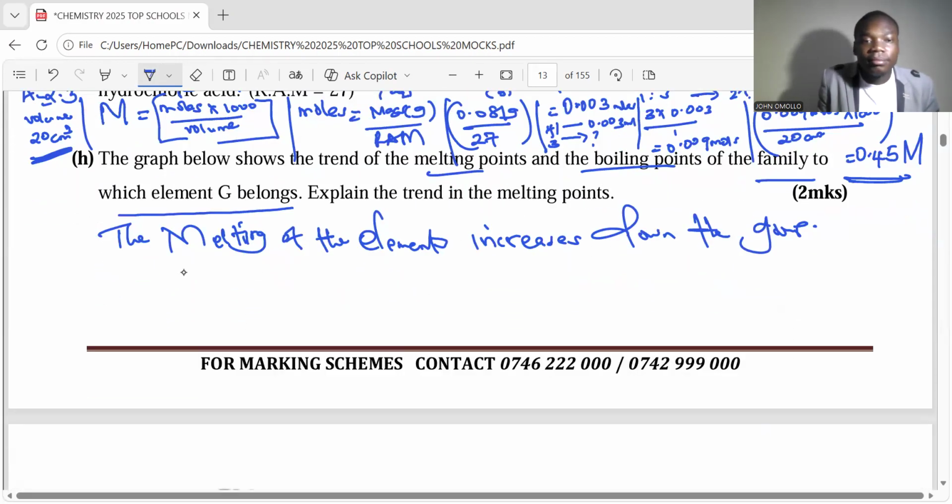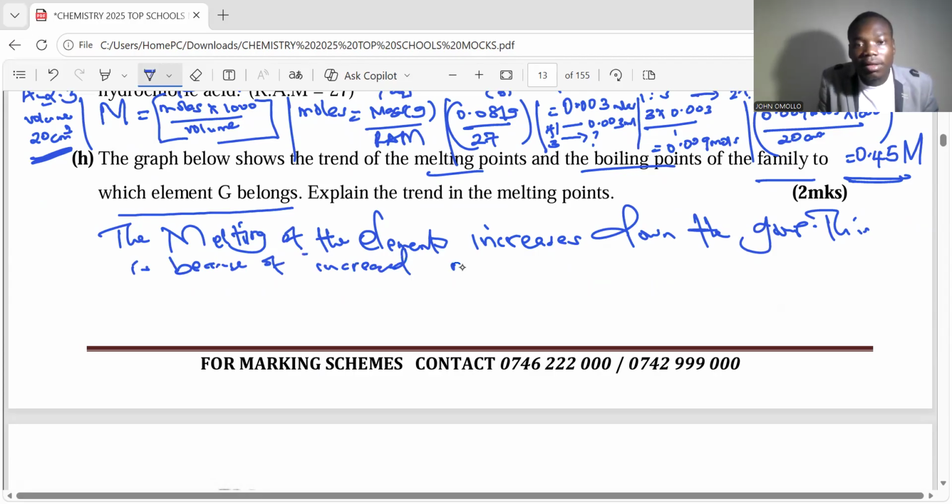So this is because of increased number of electrons down the group, increasing